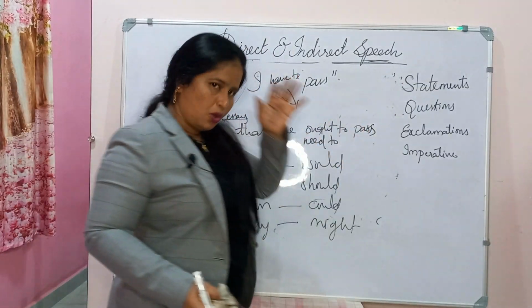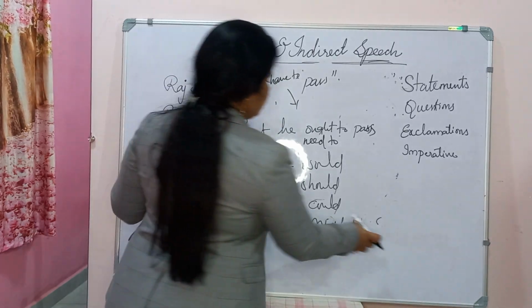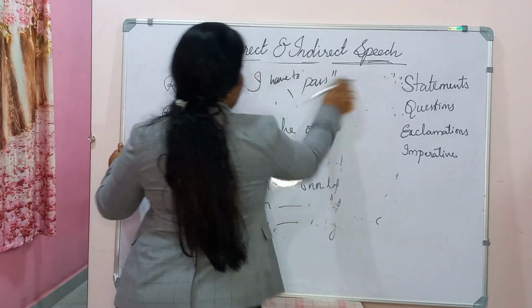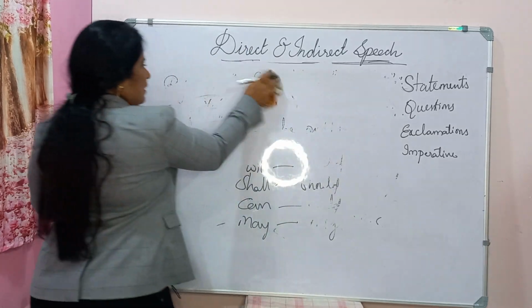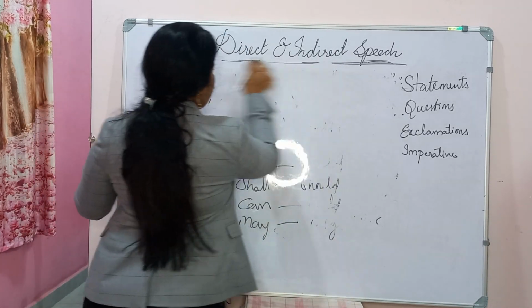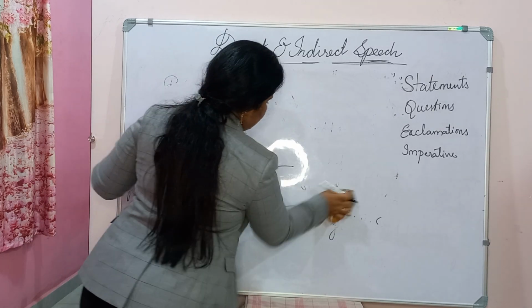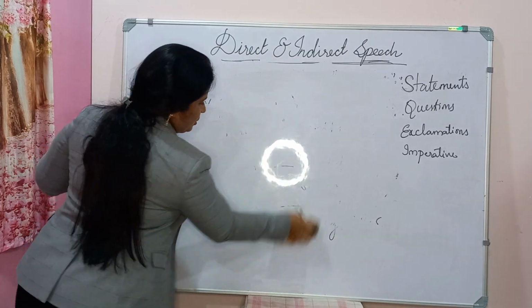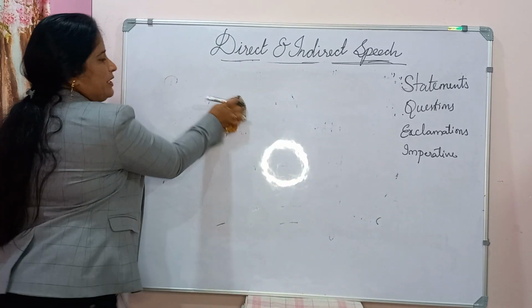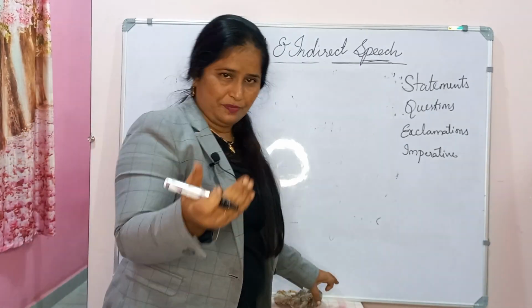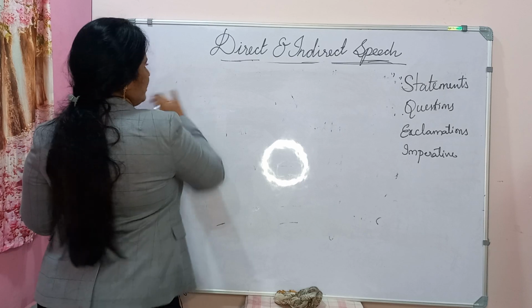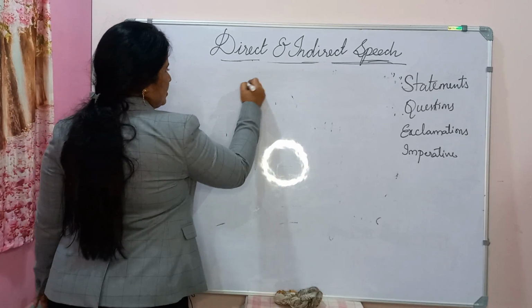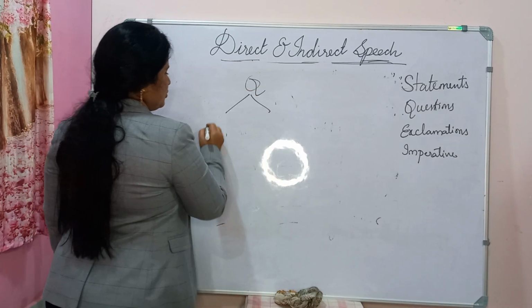So we have seen all different kinds of statements. Now we have completed the statement sentences. So today we will see one more type of sentence. It is the question sentence. Let's see about the question sentence. Hope you remember how many types of questions we have. Please pay attention and keep learning. So don't get distracted. There are two types of questions.